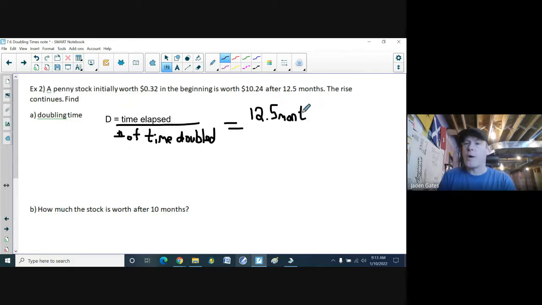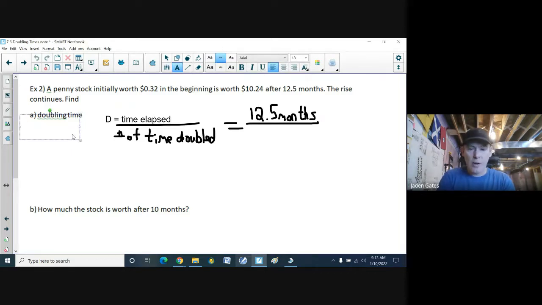Now what we're looking for is how many times did it double? Because it started off at 32 cents, and then we go to $10.24. All right, so let's see here. So I started off with 32 cents, and I doubled that number to get 64 cents. I double that number to get $1.28. I double that number, better get my calculator out here, to get